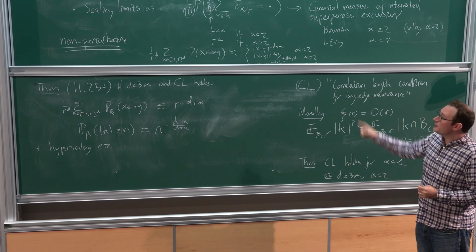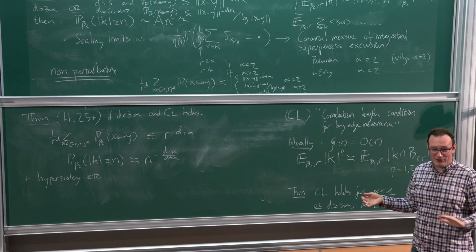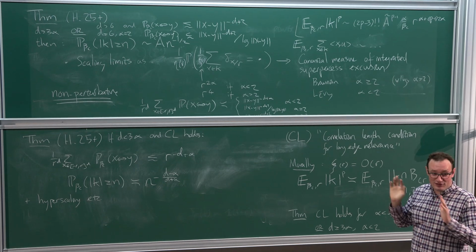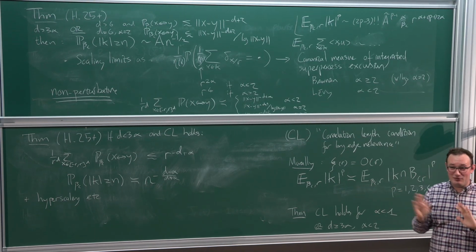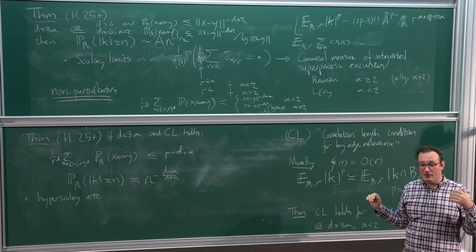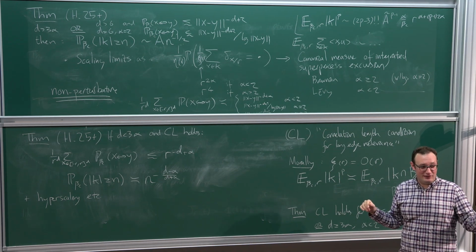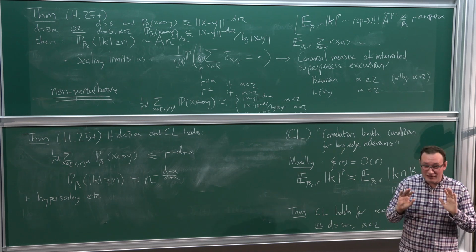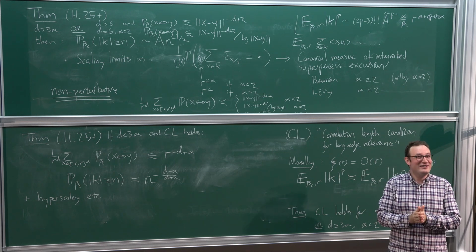sketch some of the proof in the high-dimensional case, which in some sense is much easier than everything that came before. And the interesting thing about this case, D bigger than 3 alpha, is that it doesn't use any of the previous results that we proved on the 2-point function or anything. It's completely from scratch. And in fact, the method works exactly the same for self-avoiding walk and Ising and lattice trees and so on. It's a very general, quite easy, powerful method, which I'll tell you about after we